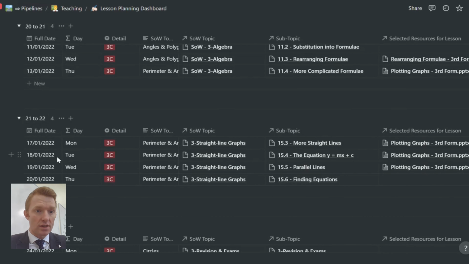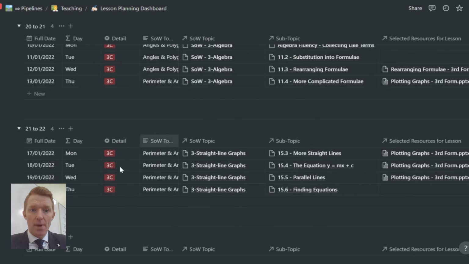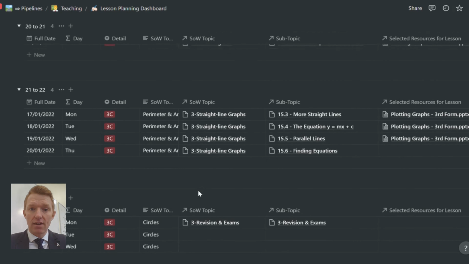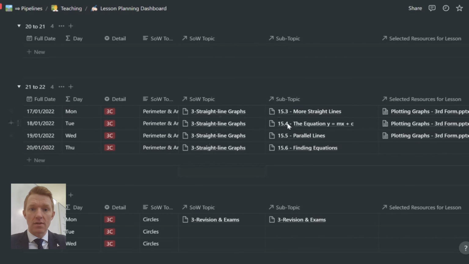which is currently the 21st of Jan, the lessons that I've taught this week were Monday, Tuesday, Wednesday and Thursday for this particular class, okay? This table was already filtered before I applied the grouping feature. I'd already filtered this table just for class 3C. And there I can see the 4 lessons that I've taught this week. We're teaching straight line graphs. We've looked at the different subtopics